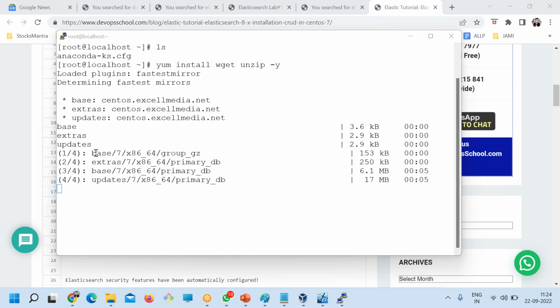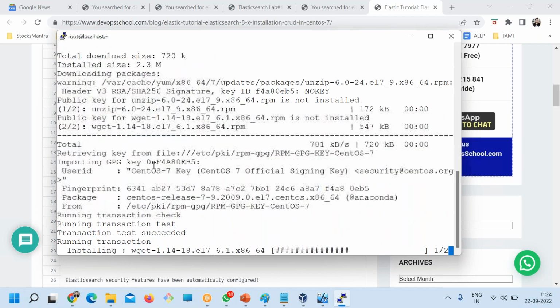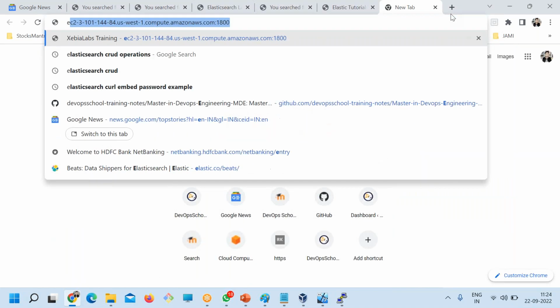So it started. I'm installing unzip and wget. Done. Finally, let me see which version this is. All of you, 8.4? Yeah, we're seeing, Rajesh. So Elasticsearch